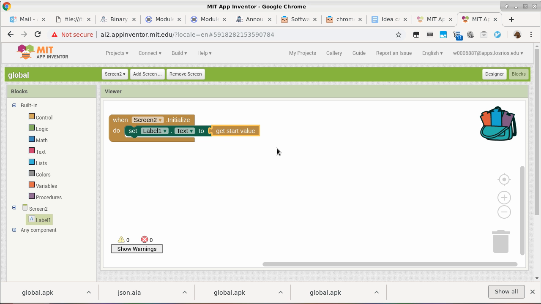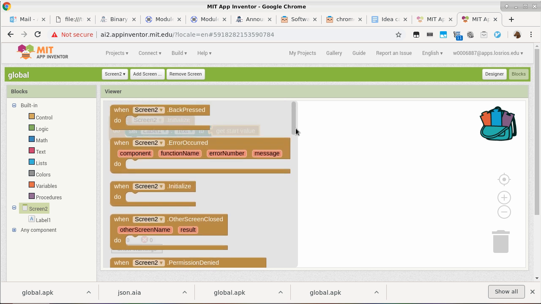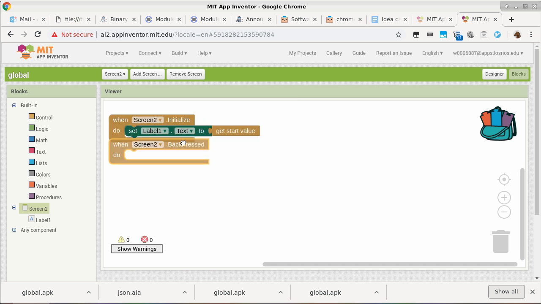So what we're going to do is some calculation, and the calculation by itself is not going to return the value to the first screen. In other words, it's not going to display the sum of those two things, okay? So what we'll do is go to screen 2 and say, when screen 2 back button is pressed, this is what we're going to do. So we'll use back pressed as an event handler. Ooh, so that means the default behavior when the back button is pressed is that we just go back to the previous screen without doing a single thing.